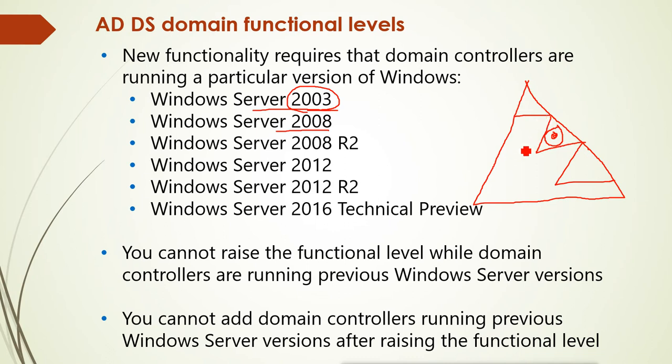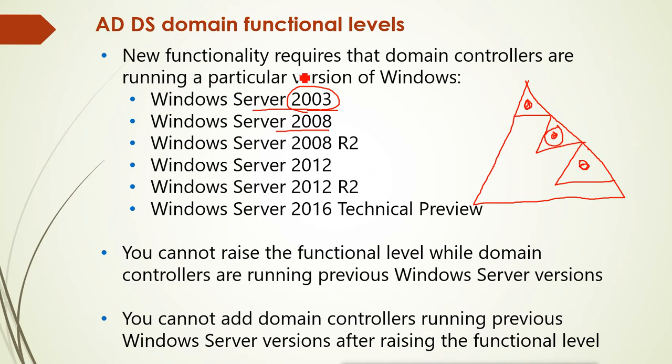Like, suppose the whole forest is Server 2008, but I still want to use Server 2016, I can use that in a domain. It allows us to do the compatibility. And even if I install the first domain as Server 2016 and I want to use Server 2000, I can do that because of the functional level.